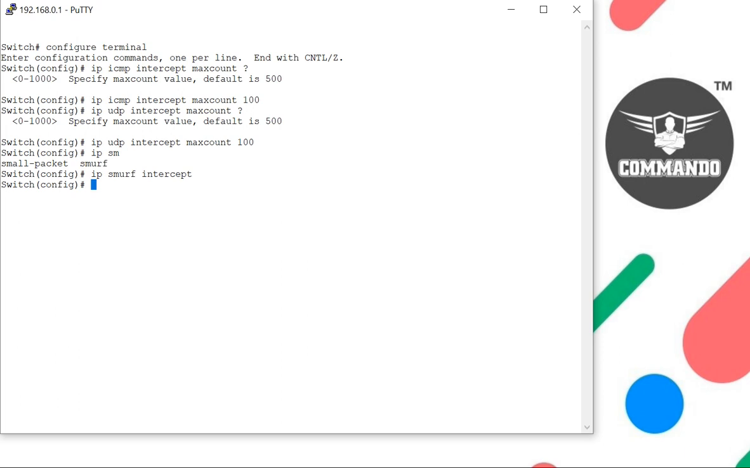We can also have sync flood intercept enabled and set the max receive sync packet rate as per our choice. For that, IP TCP intercept max count, default is 500, we want to set it 100. Then we can enable the fraggle attack intercept. So IP fraggle attack,